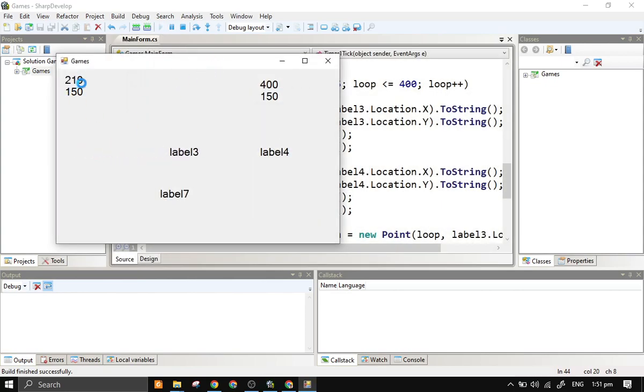So this is our label 1, and then for the label 2,